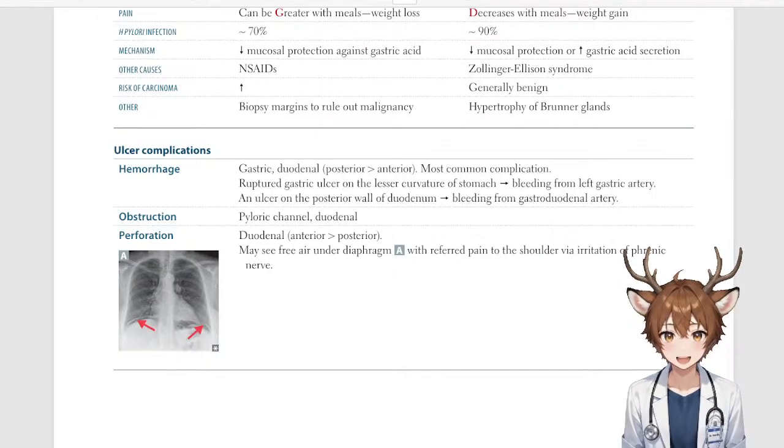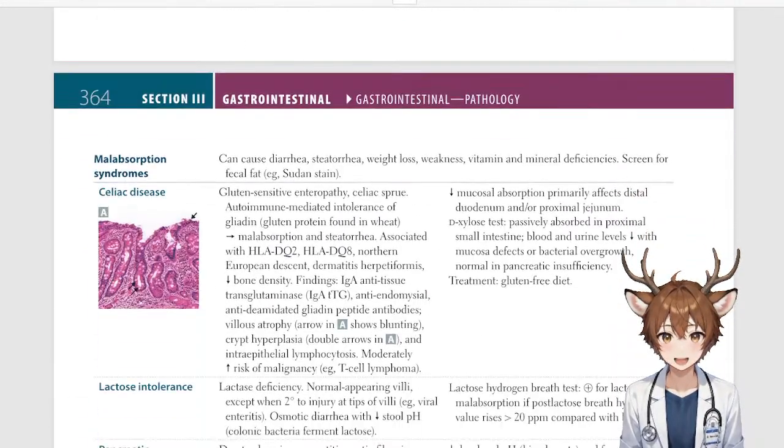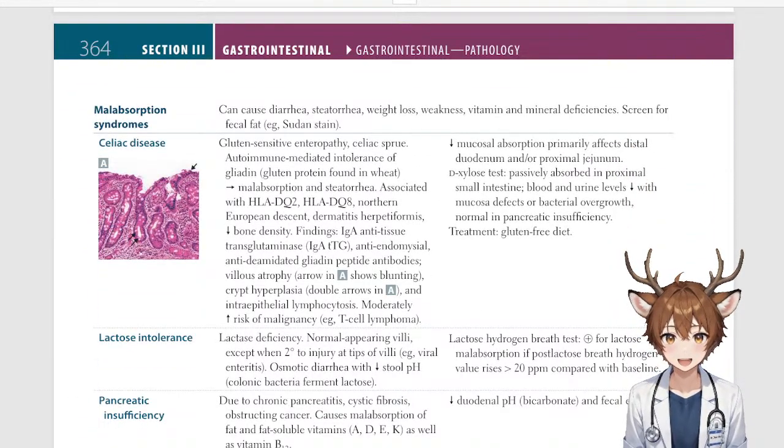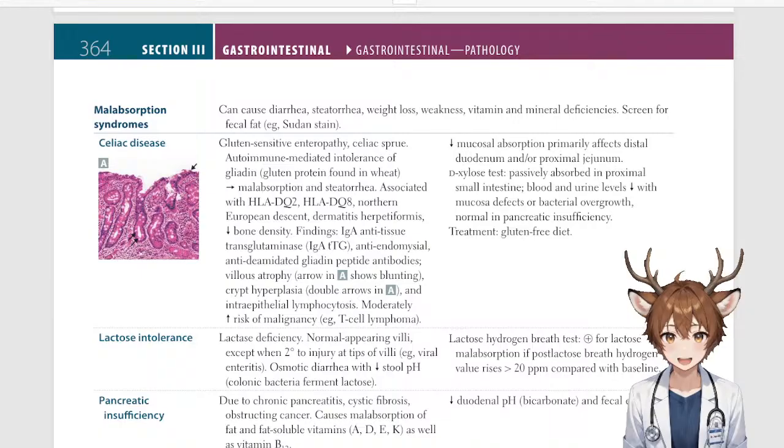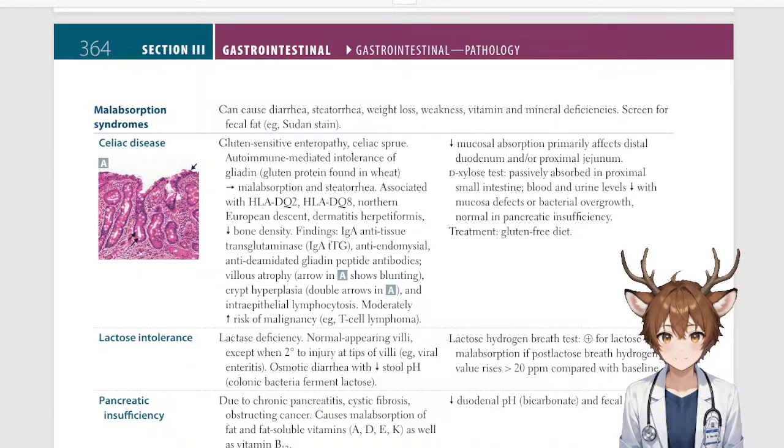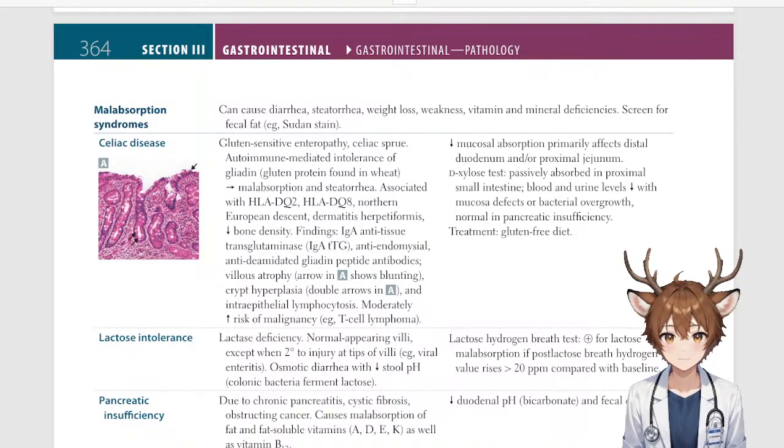So I guess it's just sort of a cutoff point, a way for you to categorize things. It sounds a little bit arbitrary, but I guess it's a way for them to categorize how you divide upper versus lower GI bleeding. Anyway,